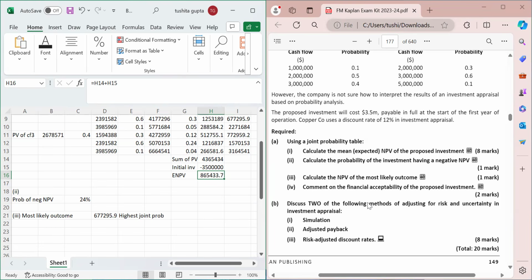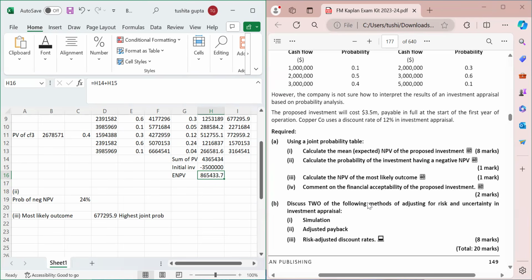Then if I talk about the risk adjusted discount rates, basically if you bifurcate that what is the risk free rate of return that you are getting, usually the risk free rate of return that we get is the interest rate on FDs. So if you see, FDs will pay you an interest ranging from 3, 4, 5%. This is the usual interest rate that banks pay on FDs. So this is considered as the risk free rate. Now you have to see that what is the risk premium. Premium is any return that you are getting over and above the risk free rate.